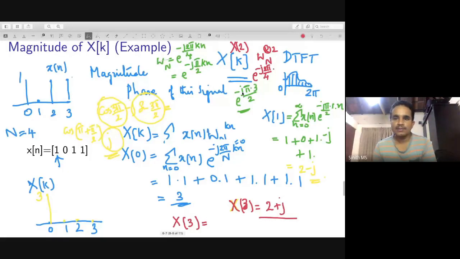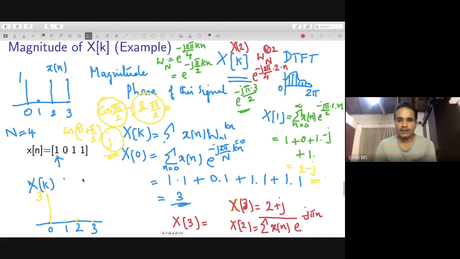This 2 cancels, and it becomes e raised to minus j 2 pi by N. I'll write the equation of X of 2: sigma x[n] e raised to minus j pi n. Here 2 into 2 is 4, and 4 and 4 cancel, so minus j 2 pi n. So for different values of n, starting from 0, X of 2 becomes